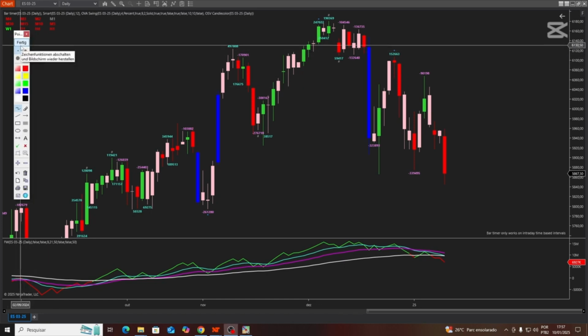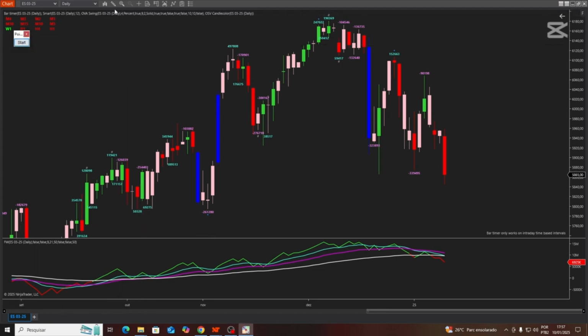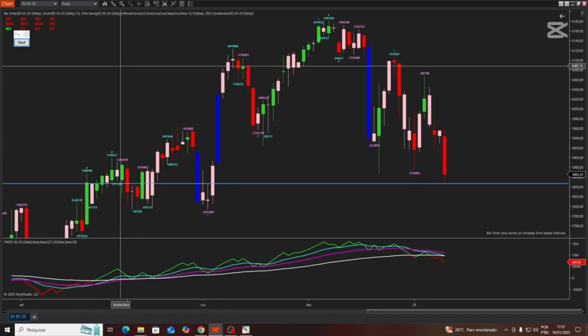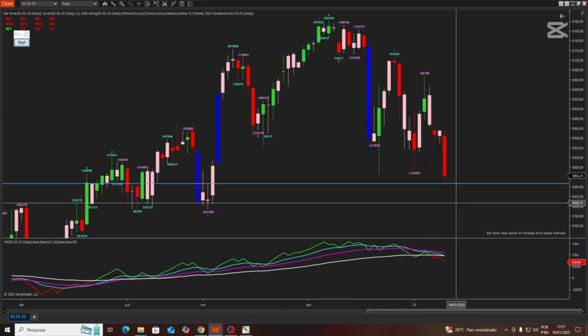So here on the chart, we have the S&P 500 on the daily chart. And when I talk about anticipation, I'm talking about this movement here. It would be a gap closing movement, or it could be an order block, which is exactly this movement here on the daily. I'm going to put a line here that I think will make it easier for us to identify. So it would be a line in this region. So I had already identified this possible movement, this possible region, and was waiting for the market to